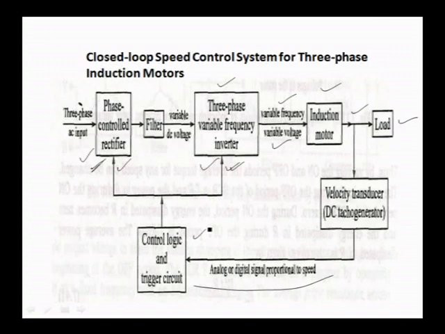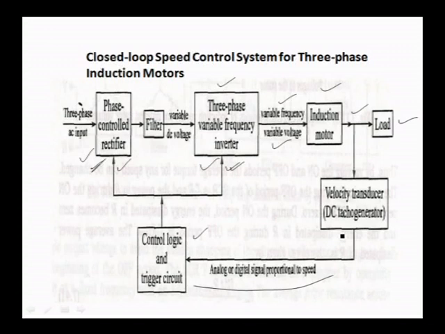So, basically here also we need a rectifier. Since an induction motor works with AC, we need an inverter. This inverter was not required in the DC shunt motor because it works on DC only. So, the important items are the rectifier and the inverter. If you want a closed loop, we need a transducer, and this control logic and triggering circuits are required. This way we measure the error, and accordingly you have to vary the firing angles for the rectifier and the 3-phase variable frequency inverter.